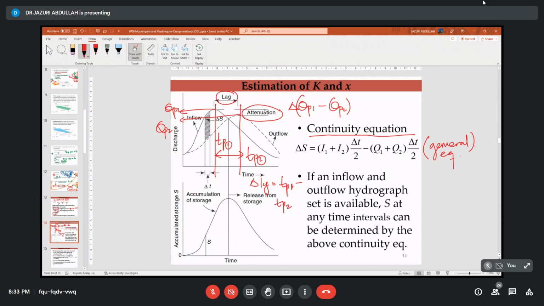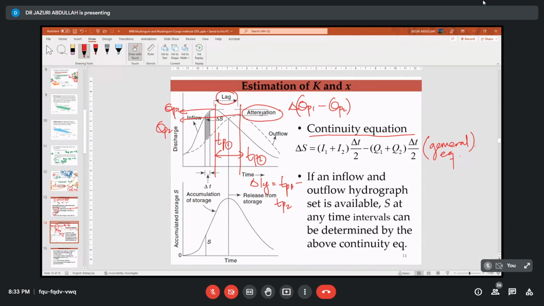So this lagging is very important. The attenuation also is very important. So by introducing any structure that you would like to have, so you akan boleh tentukan what is the attenuation, what is the lagging. So how fast, I mean how much of the volume of water yang you boleh kurangkan. Okay, because basically the reason why some of the area